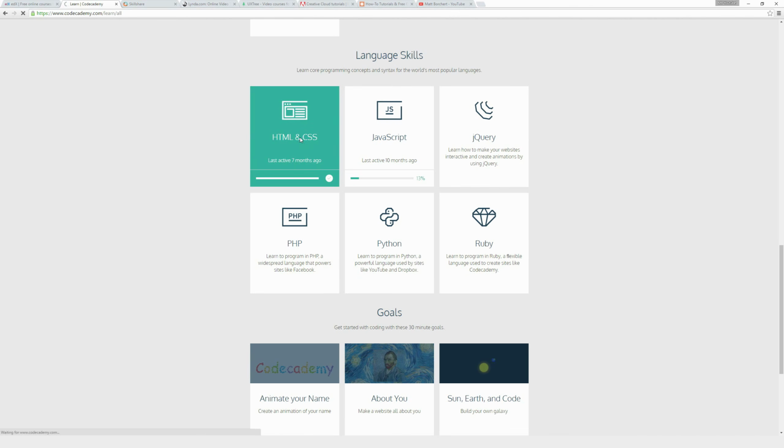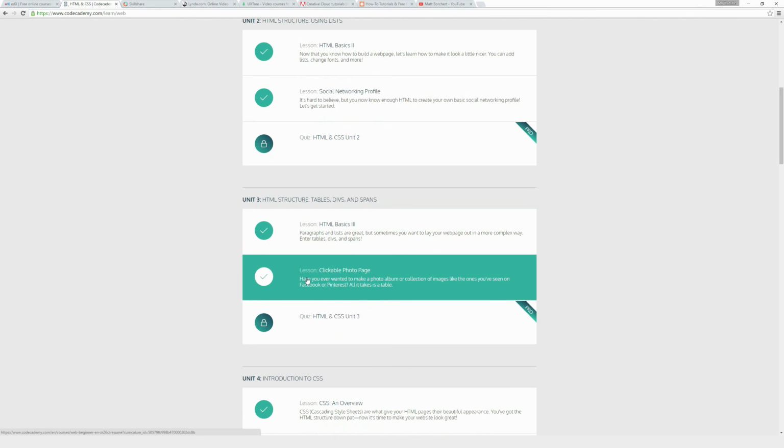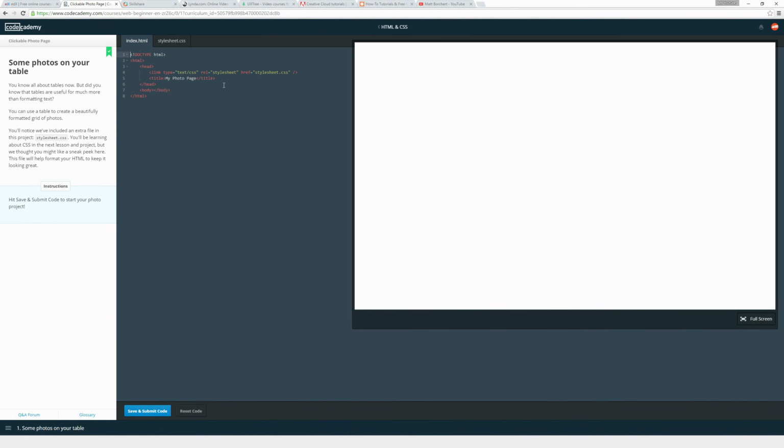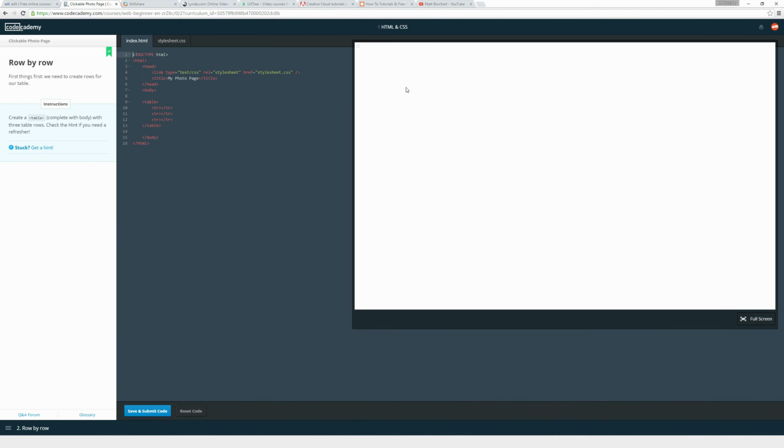So I'll just click into that and see if it shows me an example of what the tool looks like here. So once this loads up, as you can tell right here, it'll give you what you have to do in the left-hand side here. And then there's an interactive part where you can go ahead and type the code in real time, and then it will go ahead and show you what that looks like. So that makes this tool especially awesome, is that everything that you're seeing as far as what you're creating is happening in real time.